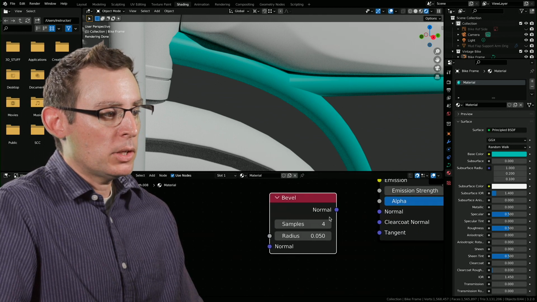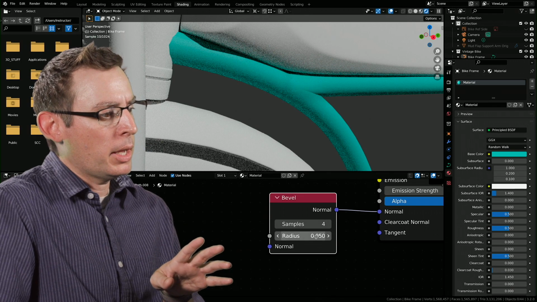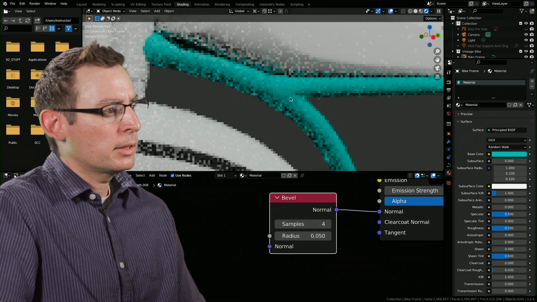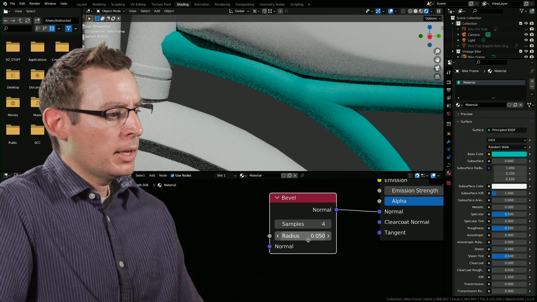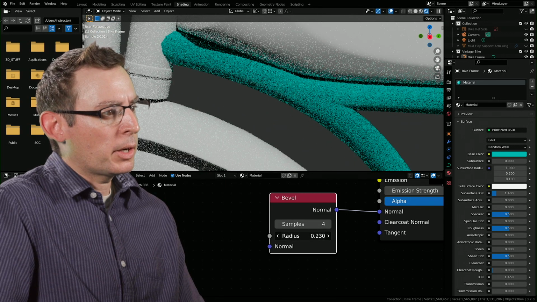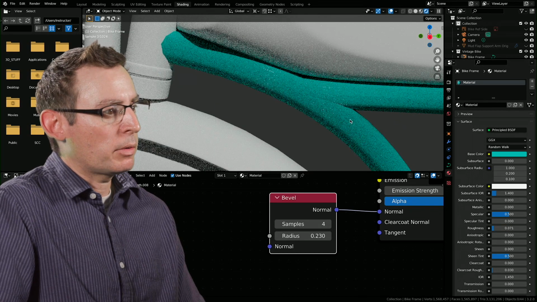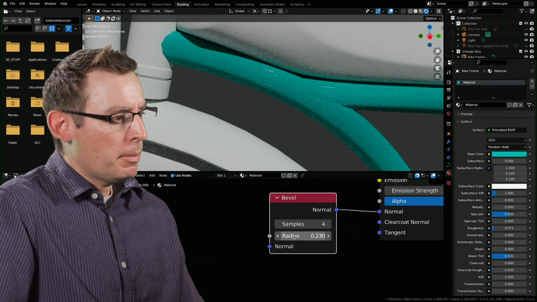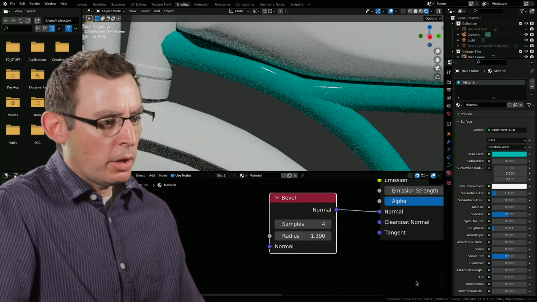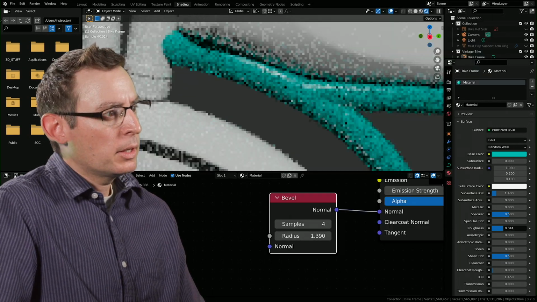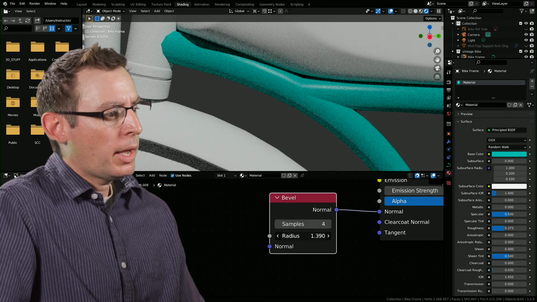So right in here, these are going to go wonky like that. And now we need to experiment around with the radius. Let's see. I'm going to get up in there real fast. I want to make some small movements here. Well, before we go for this, let's decrease the roughness, make it a little bit shinier. Maybe that will help us see how all this is working. It's not. Let's go the other direction on the roughness. That way we can see a little more clearly how this is working.